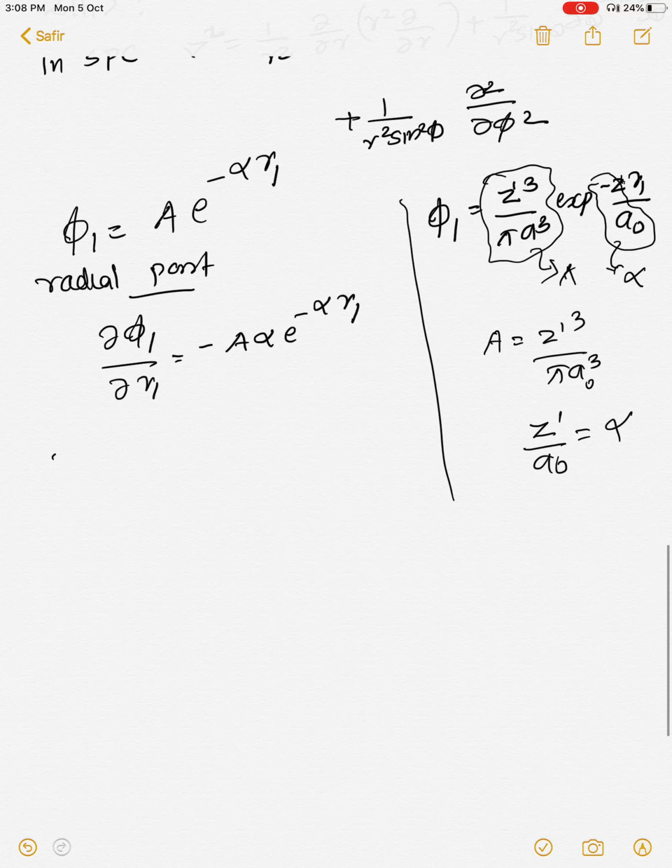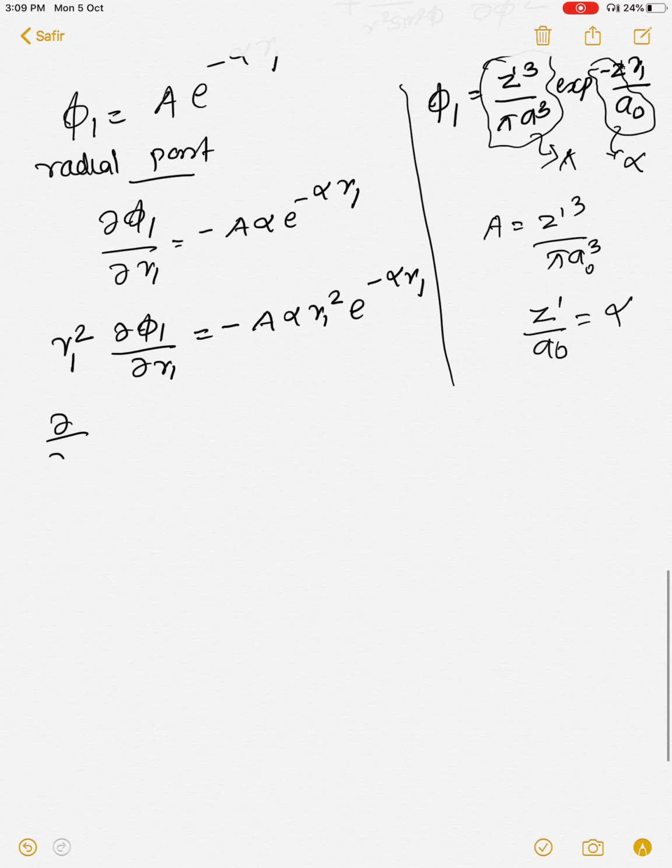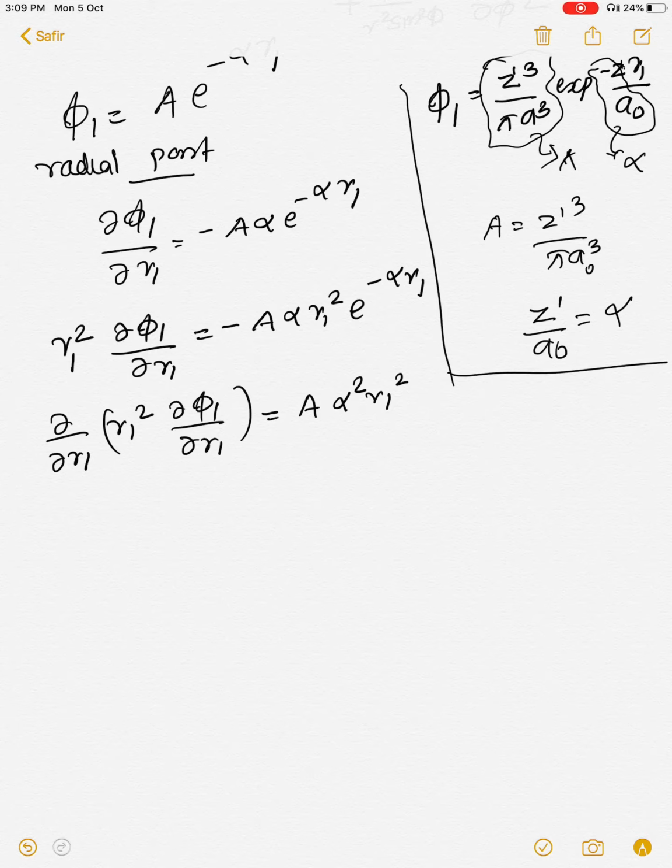The second step is r1 square dou phi 1 by dou r1, which is equal to minus A alpha r1 square e power minus alpha r1. And the next thing is dou by dou r1 of r1 square dou phi 1 by dou r1, which is equal to A alpha square r1 square e power minus alpha r1